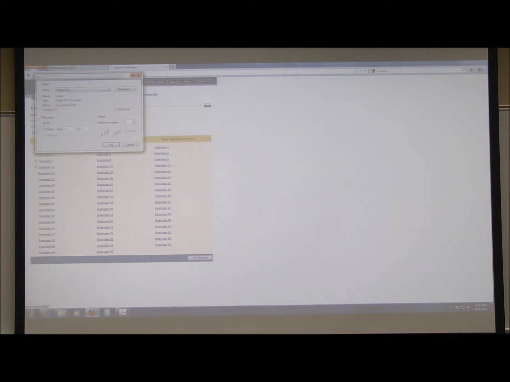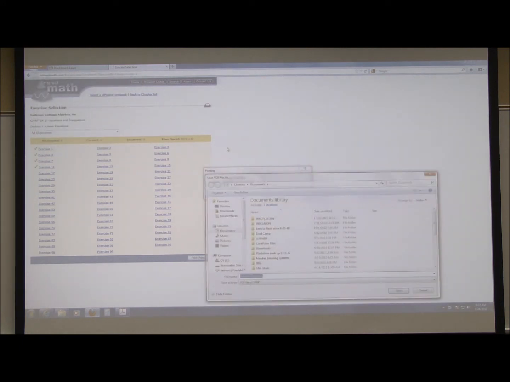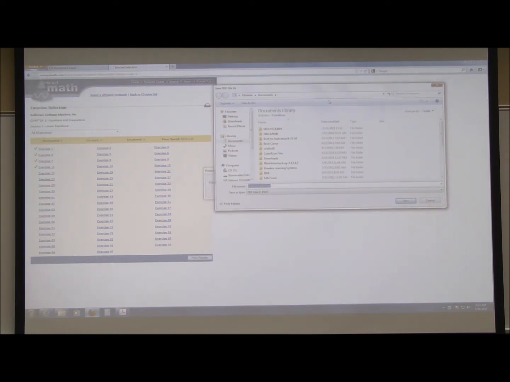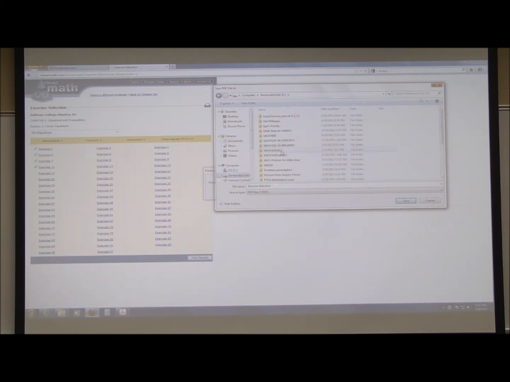So I choose Adobe PDF. That's what you want to do. You want to save your document as a PDF. And I hit OK. And now it asks me to save it. So I'm going to choose to save it on my flash drive under college algebra. And I'm going to call this Jim Helmer, section 1.1